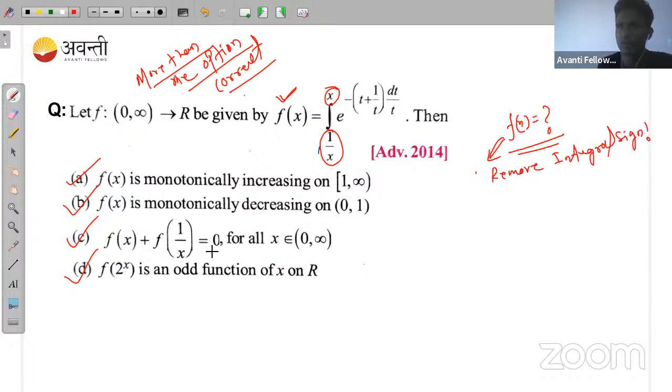इस इंटीग्रल साइन को हमें रिमूव करना है. तो हाउ विल डू इट? बाय लीबनिज, न्यूटन लीबनिज फॉर्मूला. ठीक है, वो क्या है? दैट इज